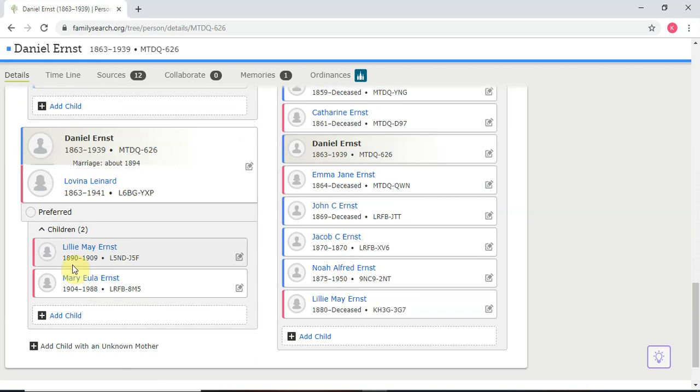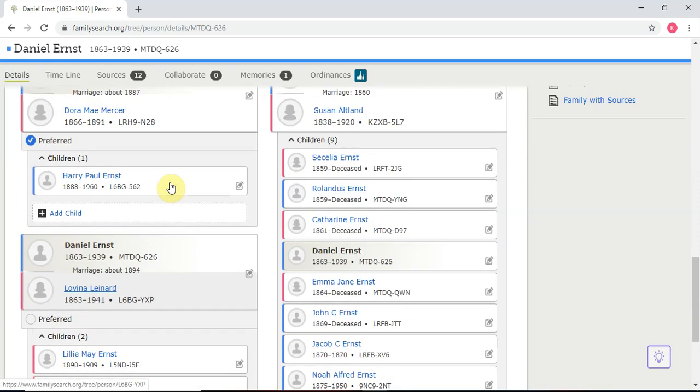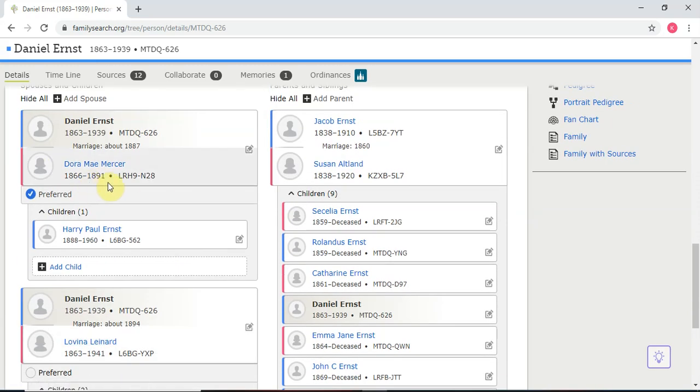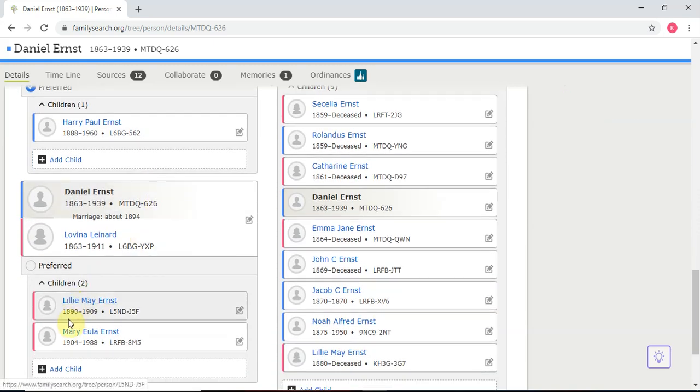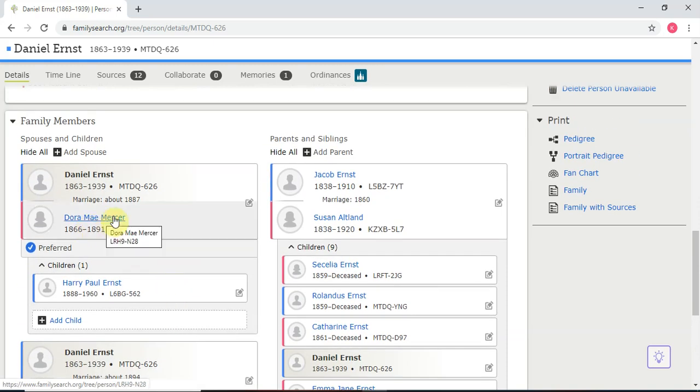But as I was looking at the dates of the children's birth, the dates of the marriage, and the dates of the death of the first wife, I had a suspicion that Lily, who was born in 1890, really belonged to Dora Mae Mercer and Daniel Ernst. So to verify that, I want to look at a source. If I look in the sources,